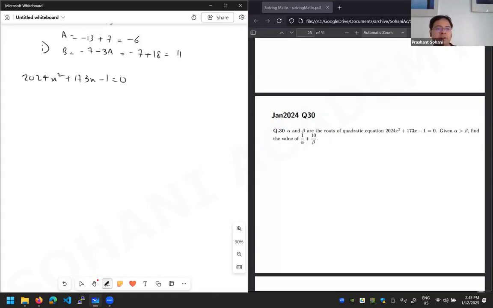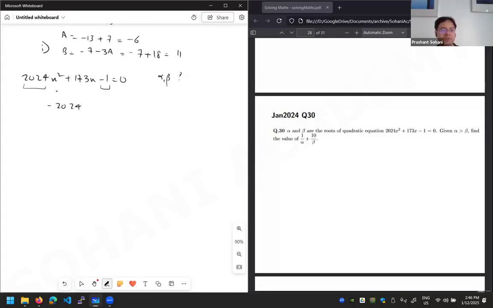Okay, so I want to solve this quadratic equation for the roots alpha and beta, and we can do it by, for example, b square minus 4ac, but for that you have to do 173 square and it might take some additional time. The other way is you try to factorize. So when you want to factorize, what do you want to do? You multiply this and this, right? So basically you have minus